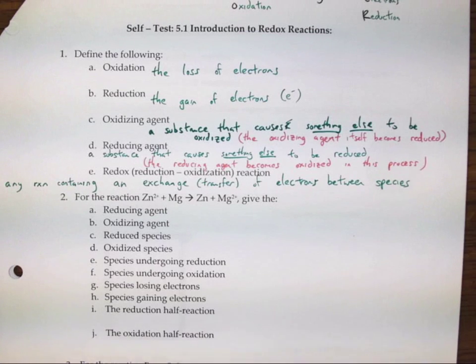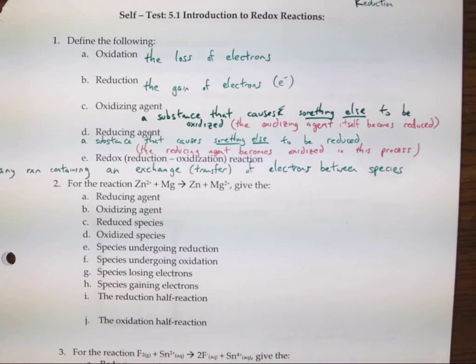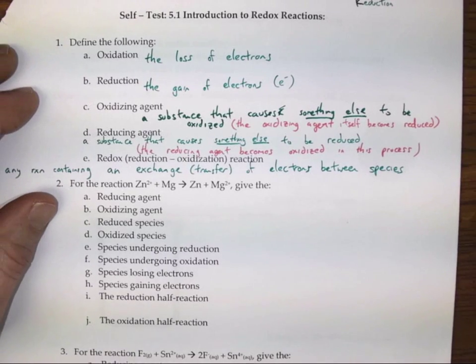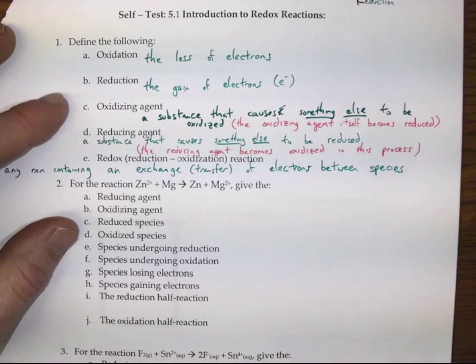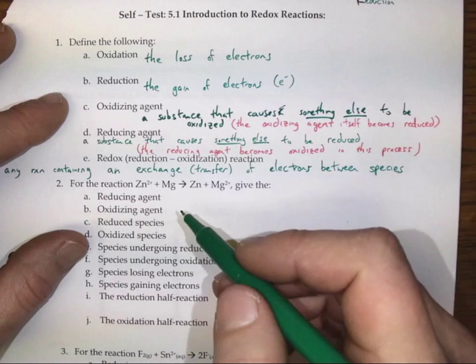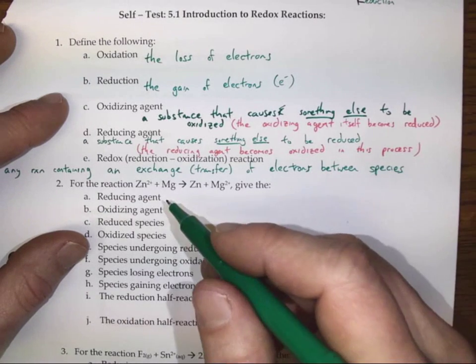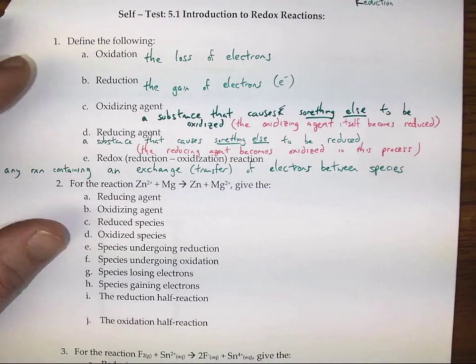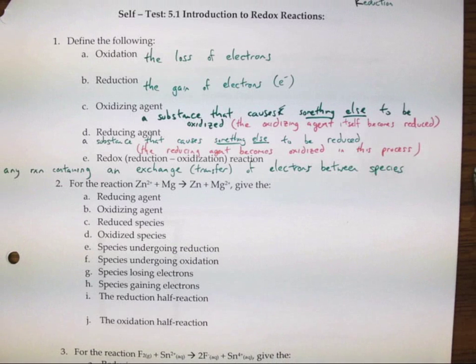All right. So the next two questions are pretty straightforward. So we're just going to label which of these substances, like what's happening to each of them. Let's see if I have a blue pen. I do have a blue pen. Okay. So